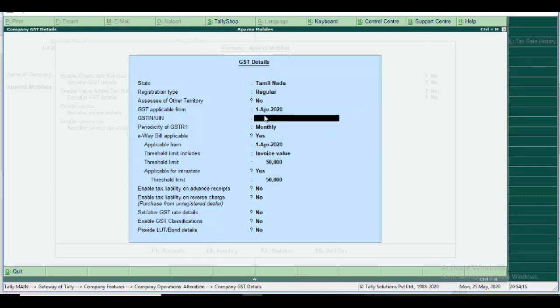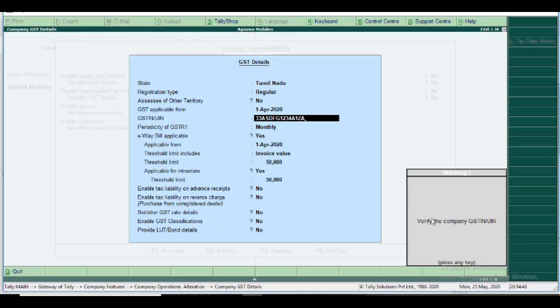But here you type 33 ASDFG 1234 A 1 Z A, because this is the GSTIN or UIN column. When I enter and cross it, it says verify the company GSTIN or UIN, because this is a dummy number.